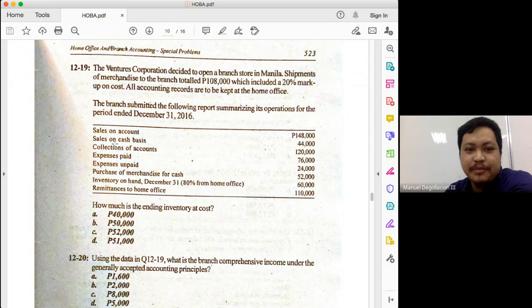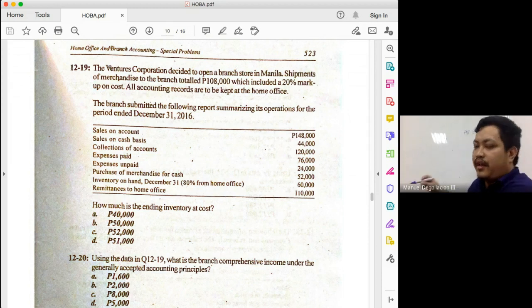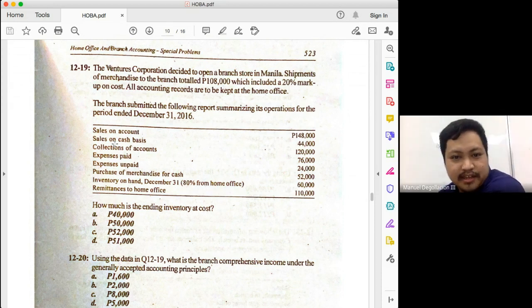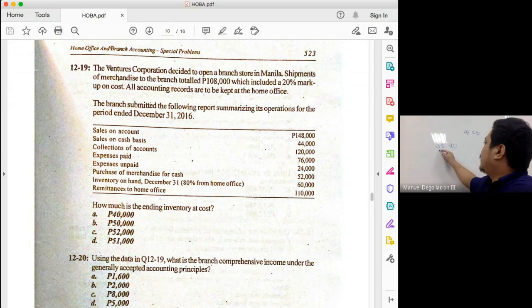Next, shipments from home office. How much is the shipments from home office? First paragraph in the problem. Shipments of merchandise to the branch totaled 108,000, which already includes the markup of 20%. Okay, so this would be 100. Next, add purchases. How much is the purchases, class? 52,000. And then you add 0, 108, and 52. That will give you